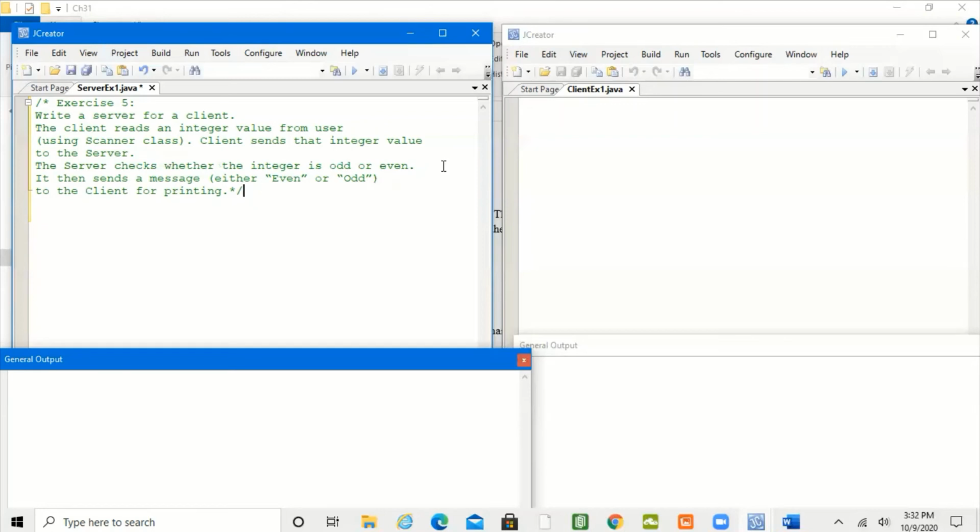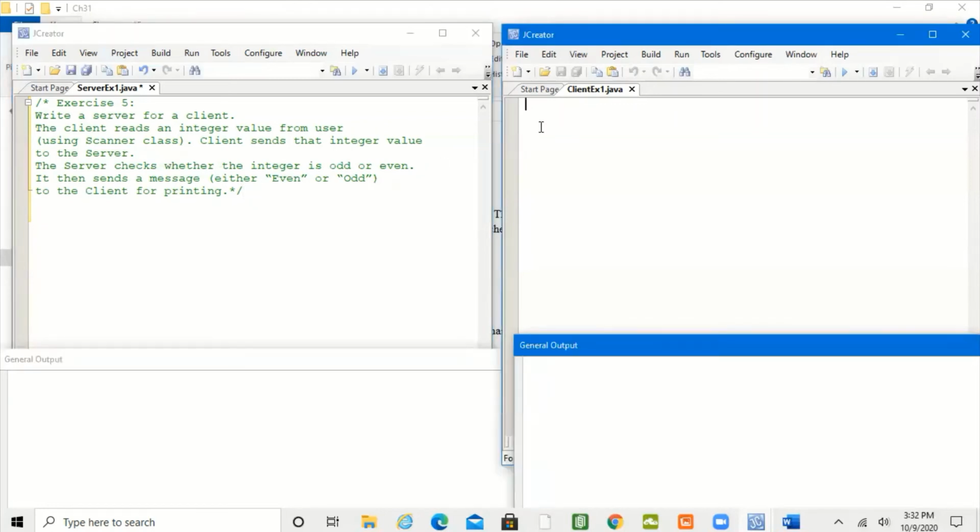So first, we will try to do the client program, and then we will do the server program. Because I can see the question on the side, first I import the IO package because I'm going to use input stream and data output stream. Then I'm going to use the network package for the socket class and so on.